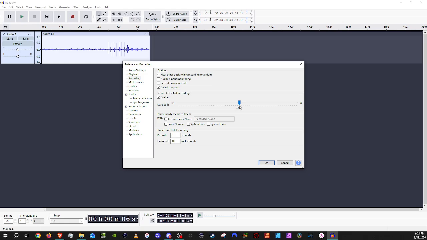But if something's getting past that -30 threshold or so, it's definitely going to be loud, and you'll comfortably remove anything below this, which would be like soft talking. It's not going to really hit this, I don't think, depending on your mic. But anyway, you'll have to apply this kind of methodology to your specific setup, because my microphone is pretty sensitive. It picks up a lot of things, even quiet things. So I could set this for me way down here and it would still pick up my voice,